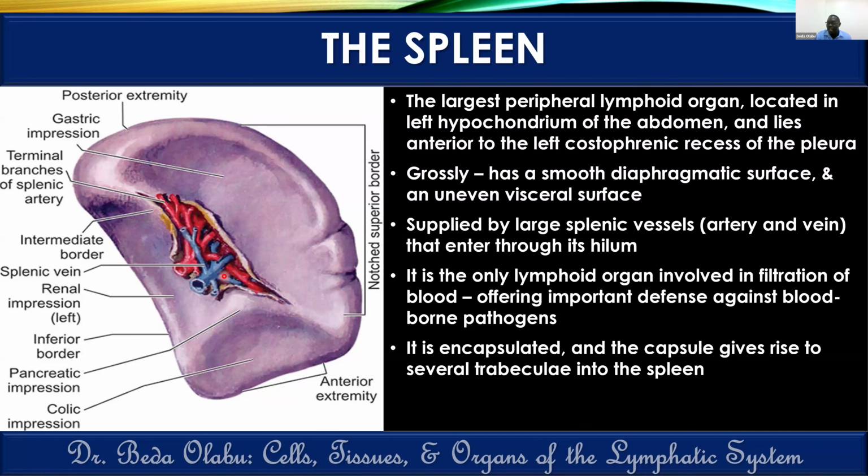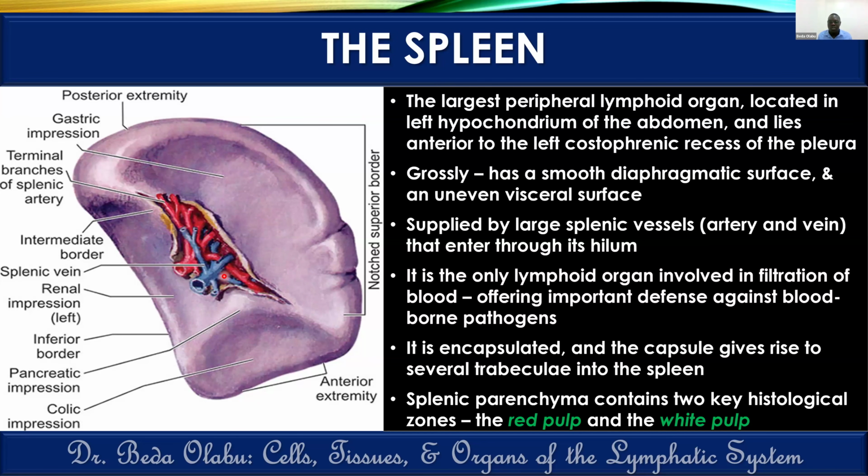The spleen has a covering capsule, just like the lymph node. The capsule of the spleen is very thick and sends in some trabeculae that enter into the spleen. These trabeculae carry some blood vessels within them. But within the parenchyma of the spleen,